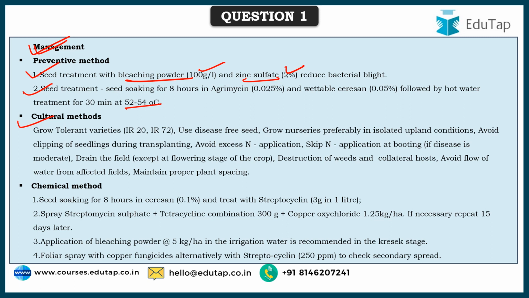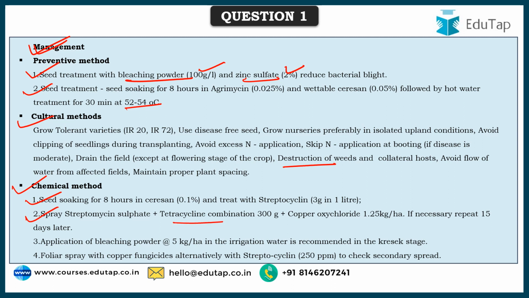Then avoiding excess nitrogen application, which again increases these. Skipping nitrogen application at booting stage if disease is moderate. And then likewise there are so many cultural methods that can be followed for controlling the bacterial blight or to avoid that. And there are various other chemical methods as well, like seed soaking, which we have seen, spraying streptomycin